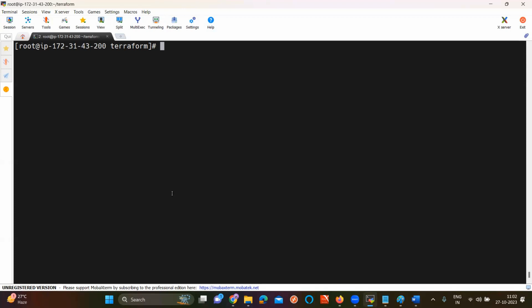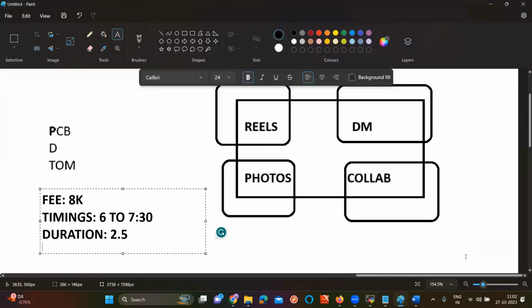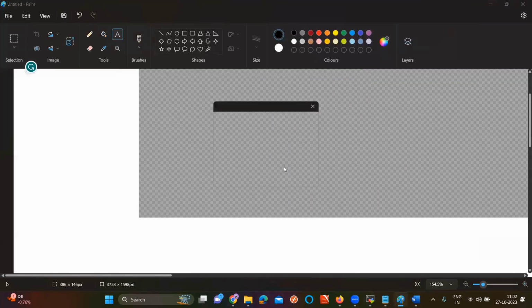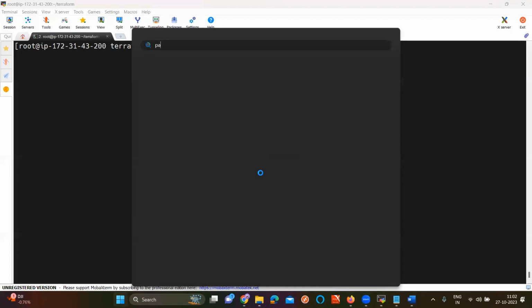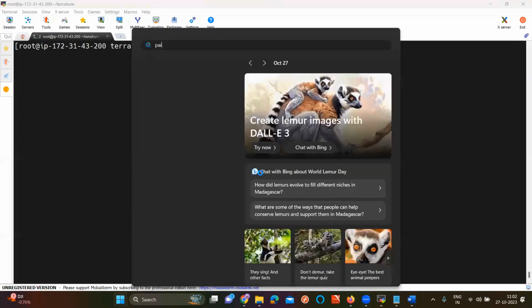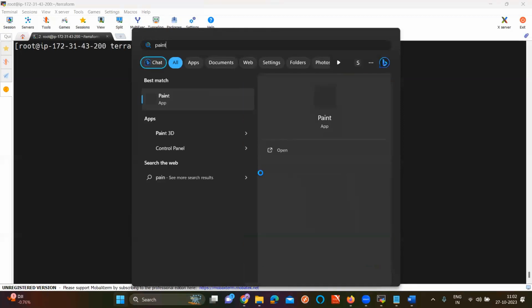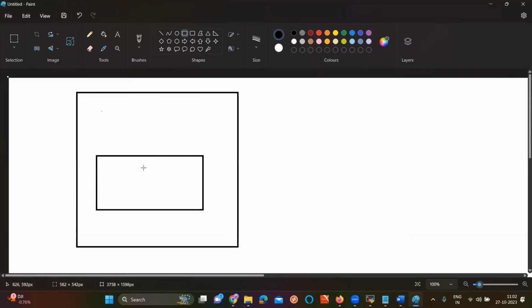For that purpose, we can create a backup of the state file in some remote location. Even if you lose the local file, from the remote location we can take the file, sir. How it is going to work, I'll show it to you here. Let me open Paint. For example, let's consider this is my state file. It will be on my computer only, generally, or my server. If something happens to my server or my computer, the data is going to be completely lost, correct or not, sir?